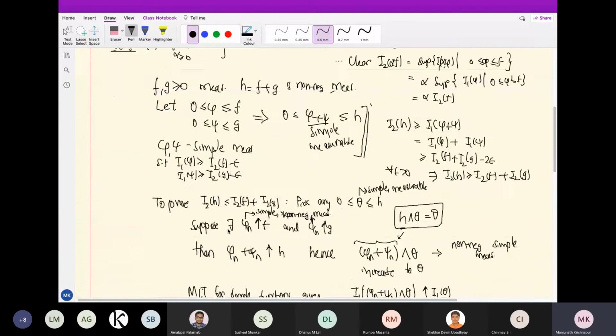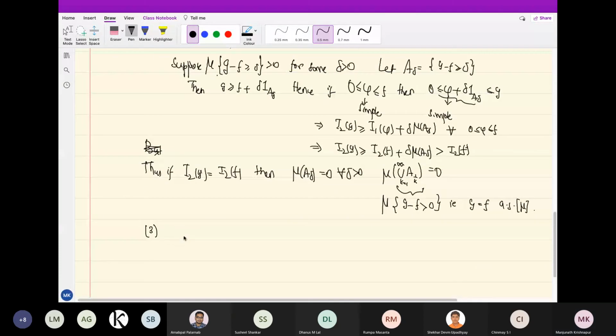So if f is itself simple, then yeah, what can we say? I mean, I2 of f